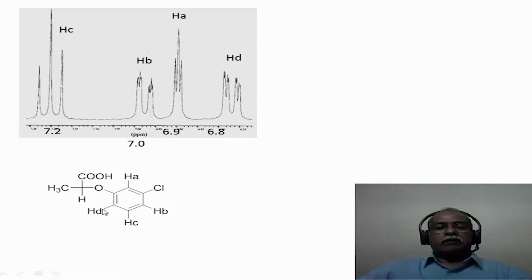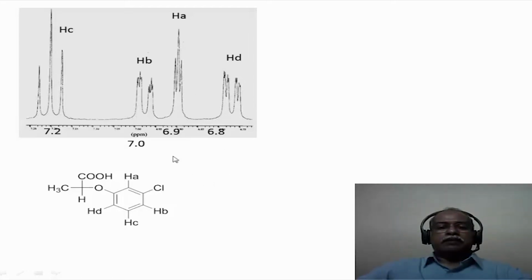So HD will have an ortho coupling and two meta coupling partners, HA and HB. Maybe the HA HD coupling is different from the HB HD coupling. So it is fairly multiplet kind of a thing that is seen here. I would say this is a doublet because of ortho coupling, again a doublet because of the meta coupling, one more doublet because of the coupling with the partner B, for example. So it will be a doublet of a doublet of a doublet. 8-line pattern is what is seen, but the meta couplings are so small that you don't see it very clearly in this particular case. Only the ortho coupling is seen as a large coupling.